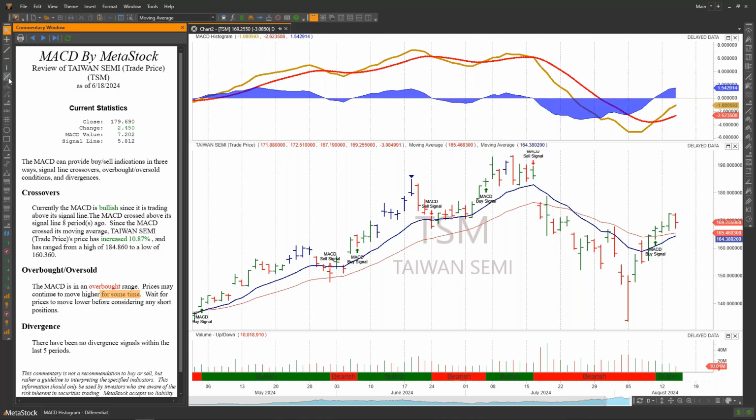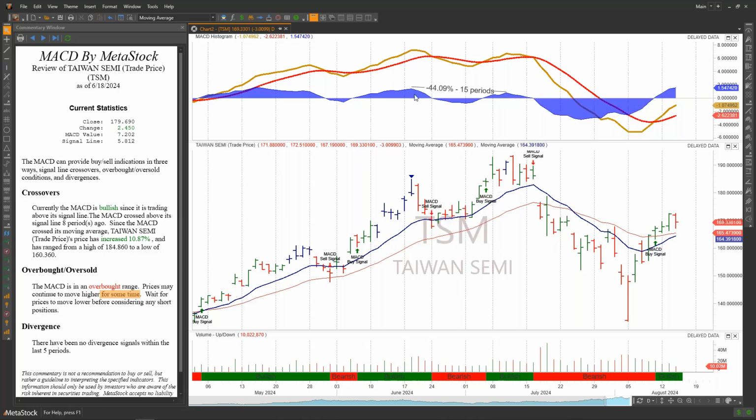What I'm going to do is grab what we call a measurement tool in MetaStock. I'm just going to measure the difference between those two peaks. Between those two peaks, there's about 15 days. It's about 44% lower. With MACD, that's not a huge percentage because it does fluctuate quite a bit, but with this trend line, this peak is objectively higher than this peak. It's not a very hard observation to make, right?